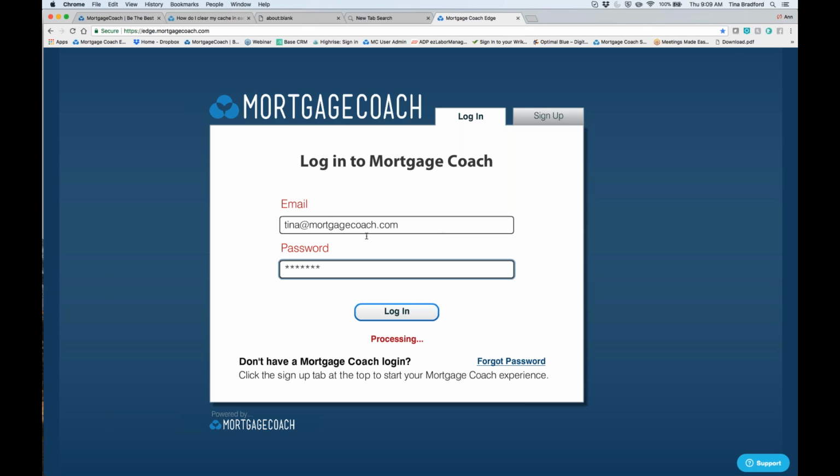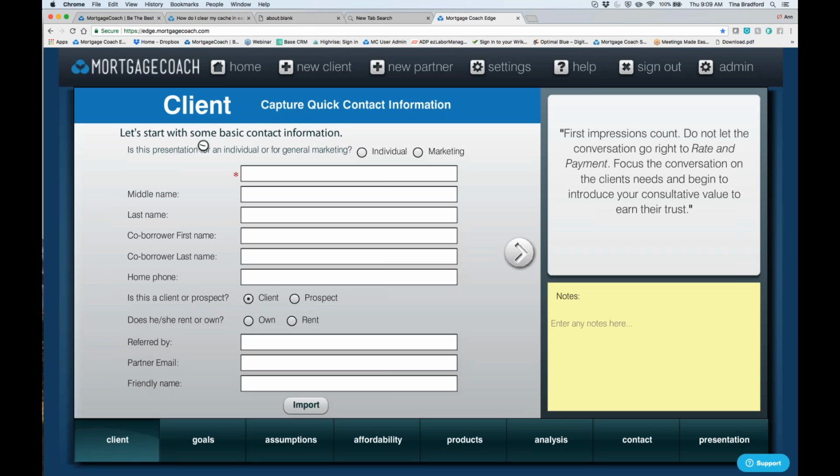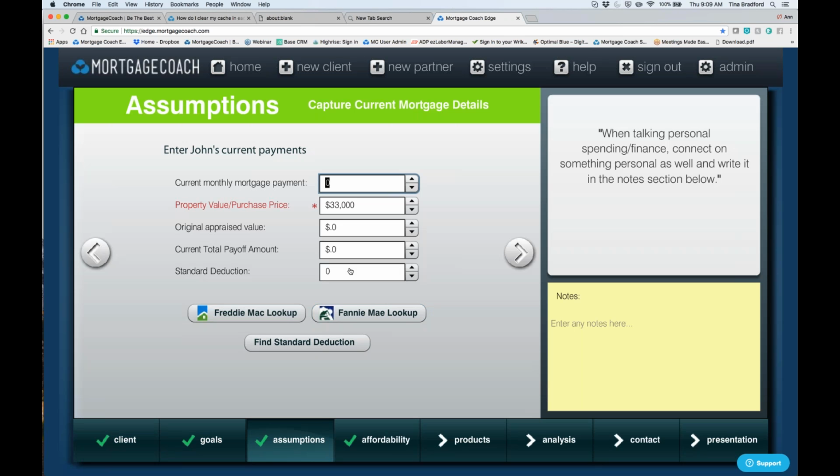Okay, hopefully this works this time. If not, again, I'll bring up Jacob's video because I do have a video that displays it as well. So in the assumptions, there we go. Now we have it. So now you can see the property value, but now we have a new standard deduction down here at the bottom. So you want to make sure you're seeing standard deduction at the bottom.